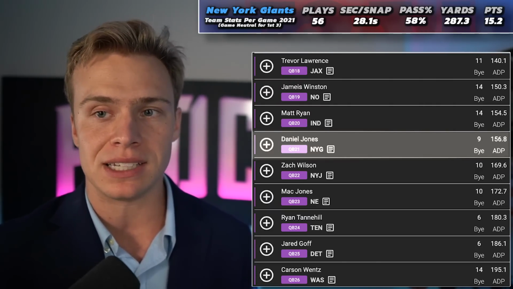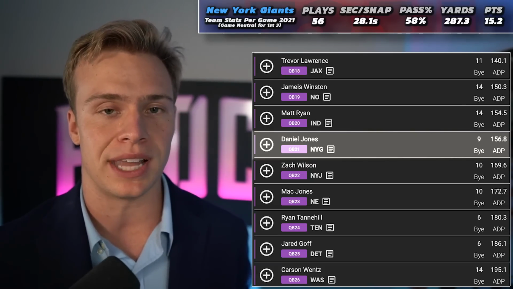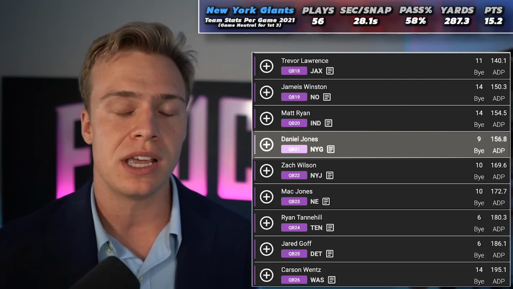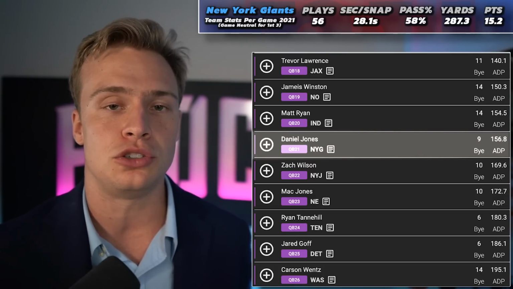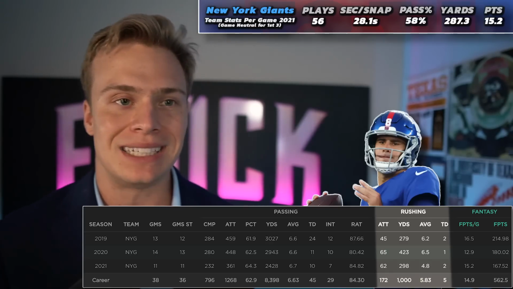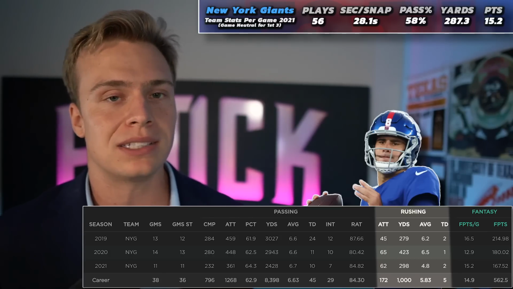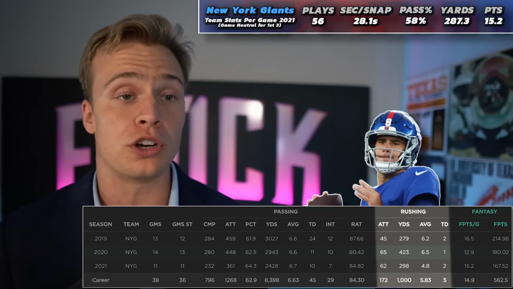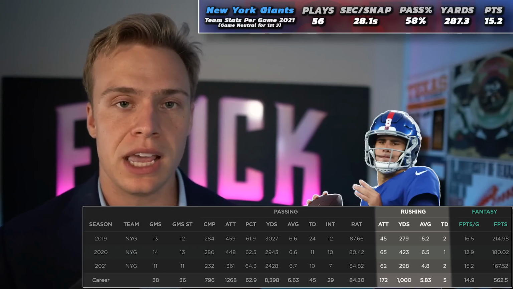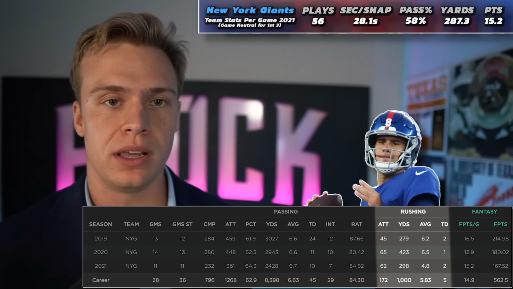And if we're looking at this, Daniel Jones is currently being drafted as the quarterback 21, going behind someone like Matt Ryan. I personally don't understand that, because I think we can get almost more excited about Daniel Jones' depth of weapons in the receiving game. And on top of that, Daniel Jones has some sneaky rushing upside, where we shouldn't be surprised at all if Daniel Jones gets to 450 rushing yards this year and he possibly picks up 6 rushing touchdowns. And to have that type of rushing production where Matt Ryan just simply doesn't have access to it, that is very exciting.